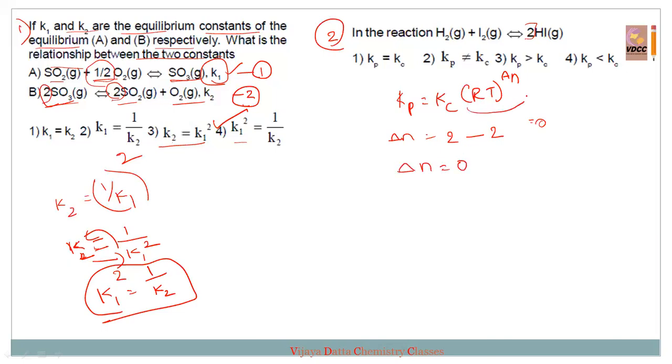If you write here delta n value is 0, then Kp equals Kc into RT power delta n, that is RT power 0, something power 0 equals 1. Then